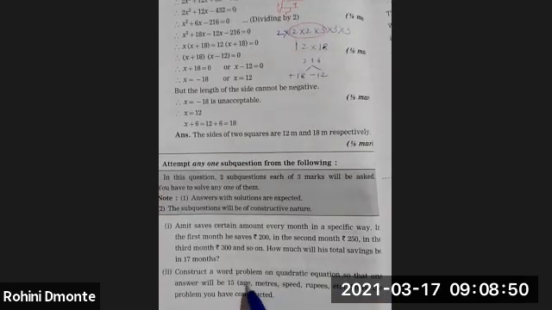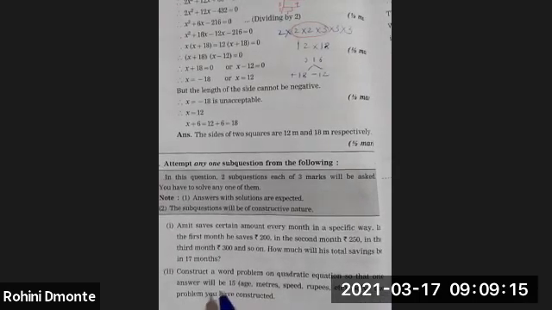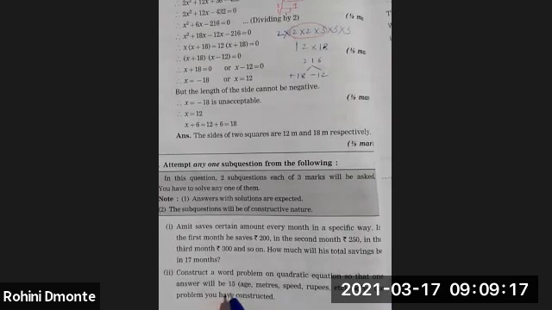Either you can use this h. By using h, you can make a word problem. By using this quantity meter, you can construct a word problem. By using this speed, you can construct a word problem. By using rupees, you can construct a word problem. Here, by using h, I have constructed one word problem, but there I have kept one thing in mind, that one of my answers should be 15.